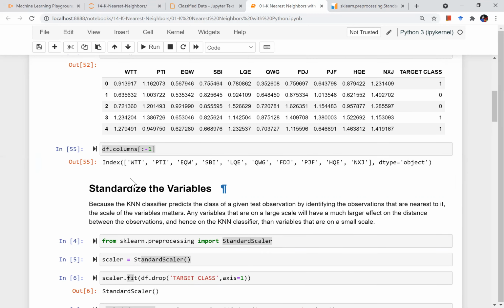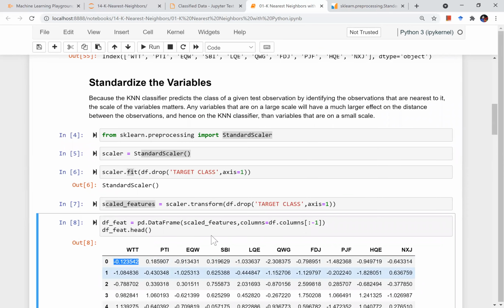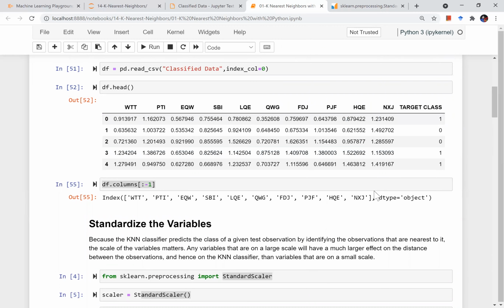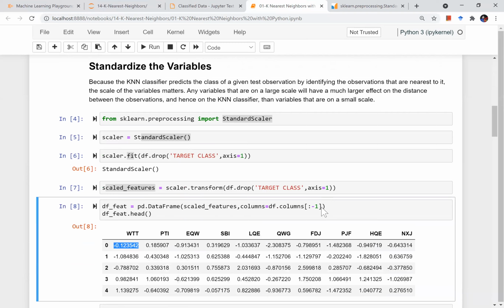The values have changed. See, this value was 0.913 and it became -0.123452. Not much effect will happen in this particular data set, because all the values are almost in the same range. There is no abrupt value over here. But to make this point clear, whenever you are working with actual data, always have a look at how your data columns are distributed. Are there any extreme values, or very big or small numbers? Then you always have to perform standardization, or scaling, of the columns.